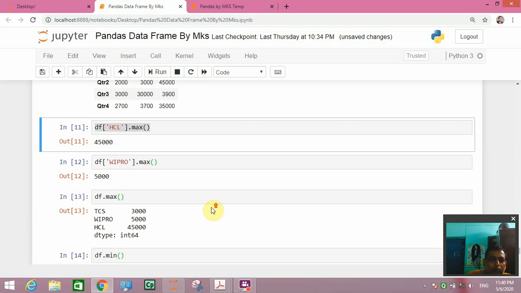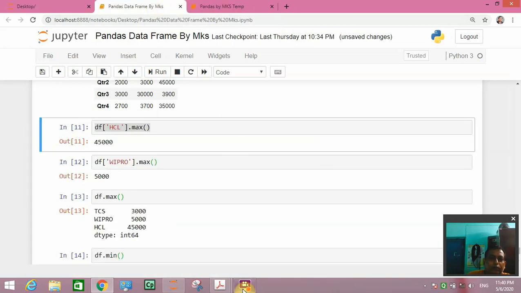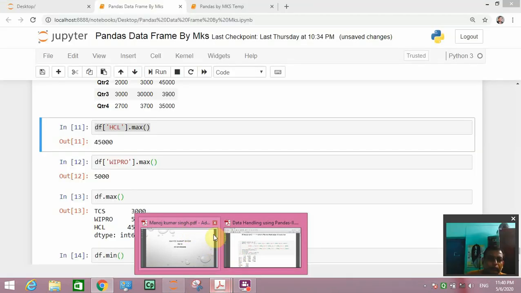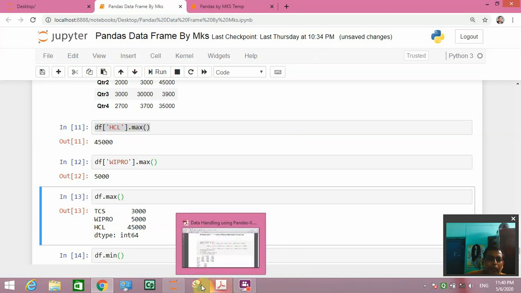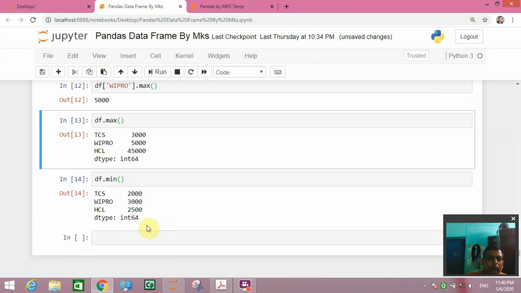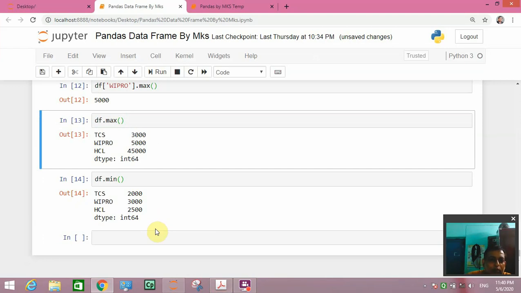Next we will see how to count values. So count means, this is a small table. We are seeing that it is a small table and it has 4 values.